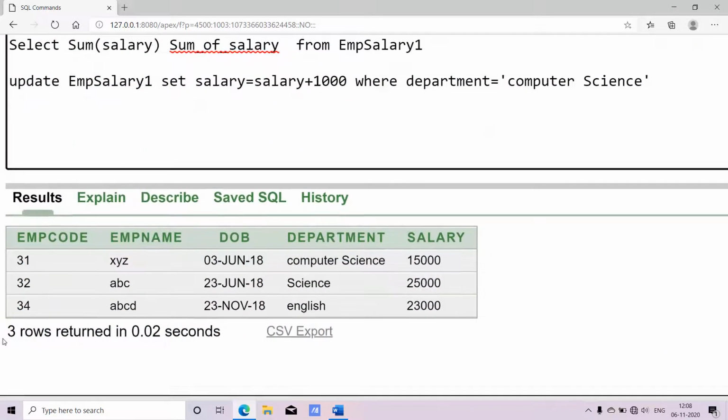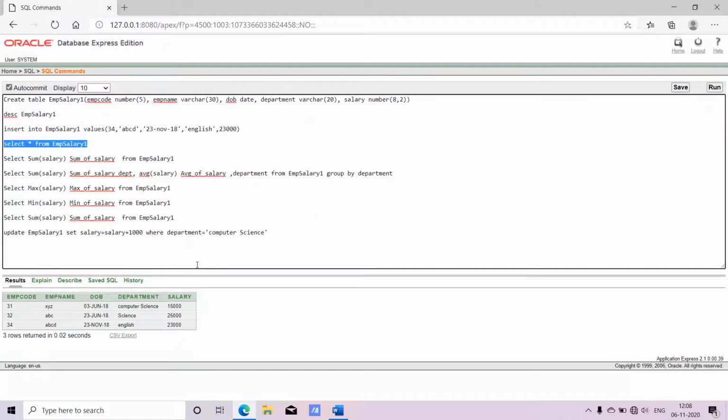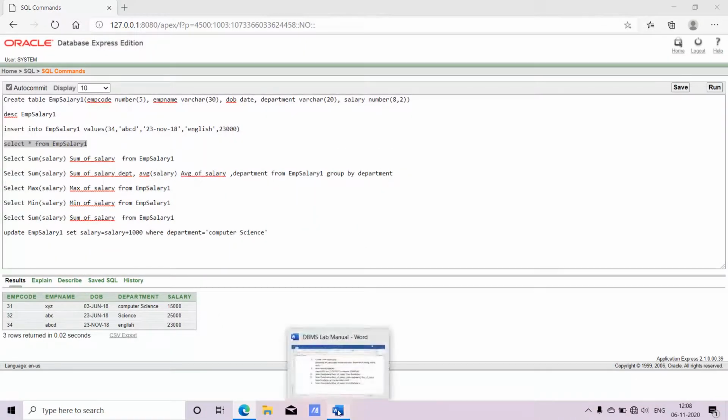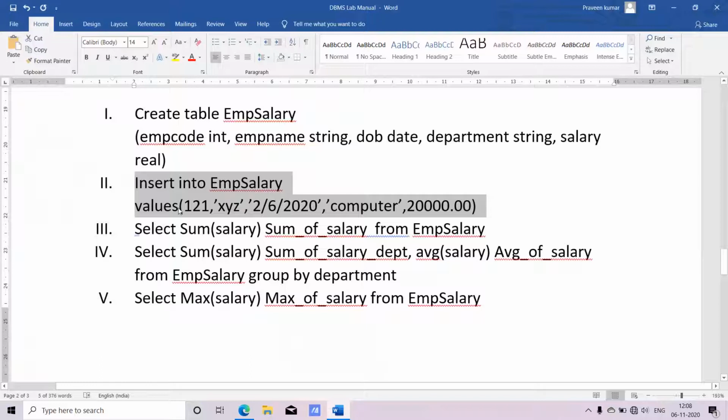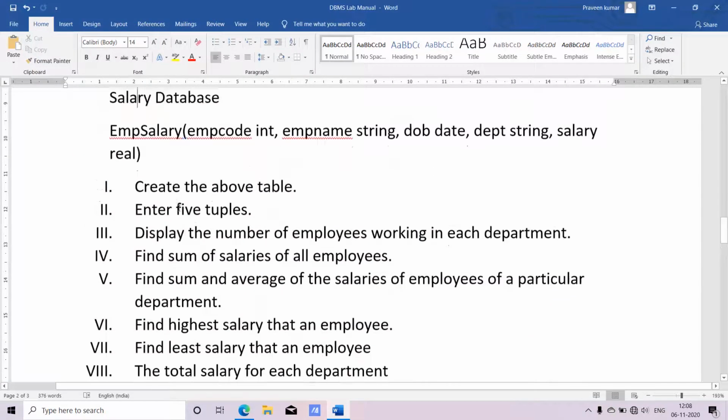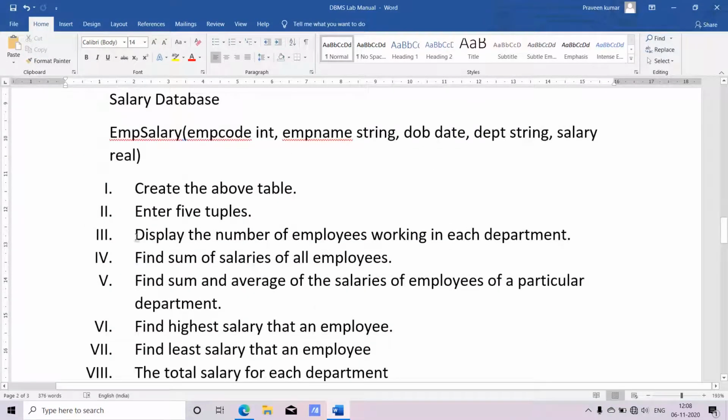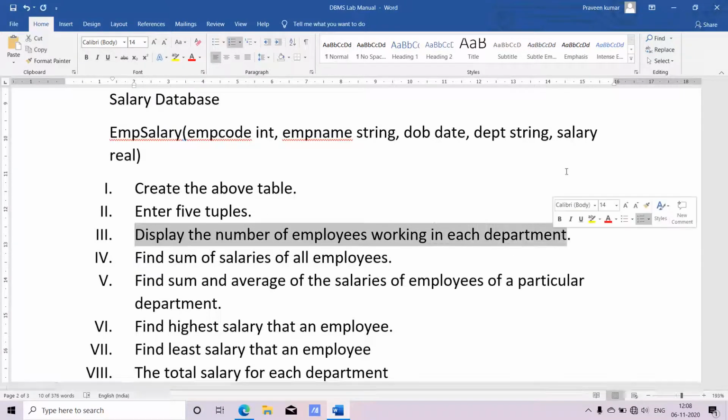If you observe, I have inserted three values: employee code 31, 32 as well as 34, with the department as well as salary. Fine. After inserting the values, the first question I need to answer is, display the number of employees who are working for each department.